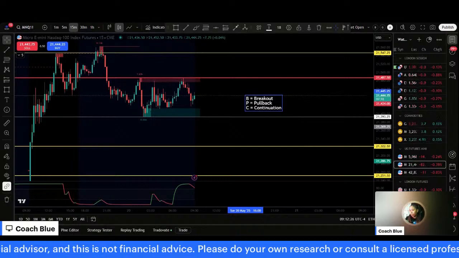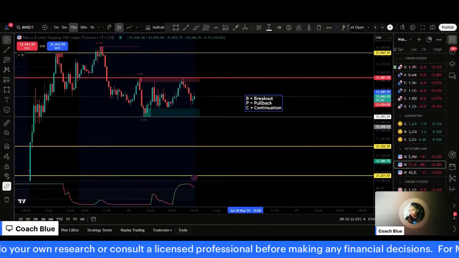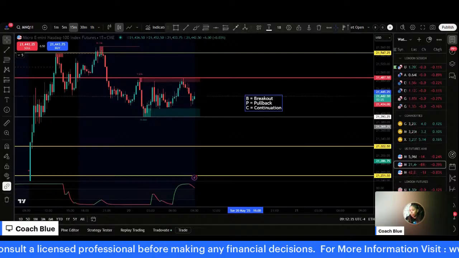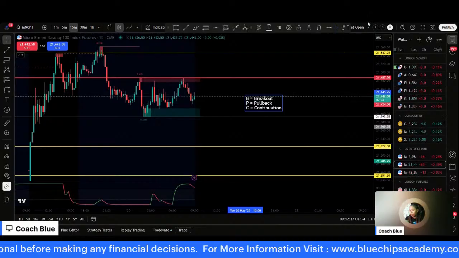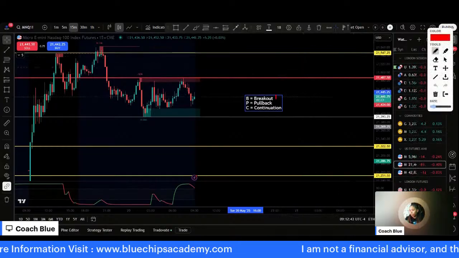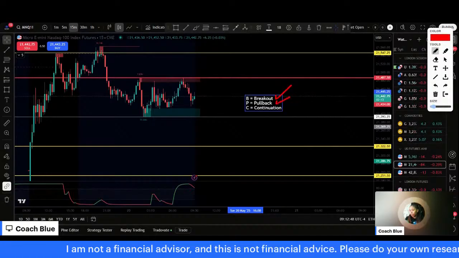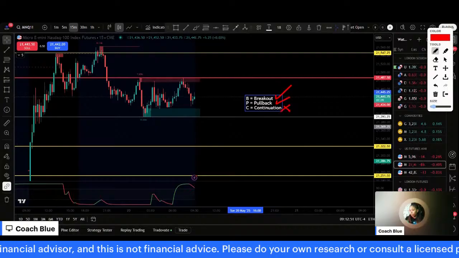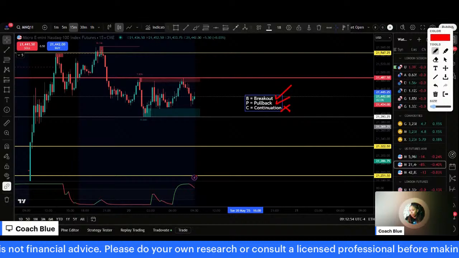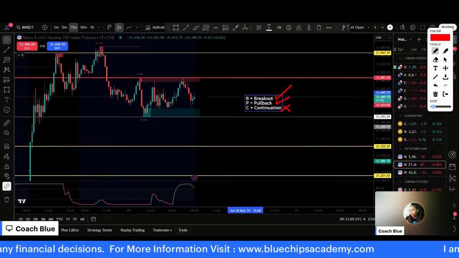Okay, so now that we're clear on that, we're just waiting for price to give us those three confirmations. Once we see the breakout, the pullback, and the continuation, we go ahead and hop in. Even if we see the breakout and pullback and don't see a continuation, we know that we're experiencing a BPC rejection, and now we have to look in the opposite direction. So that's the breakdown of the BPC.